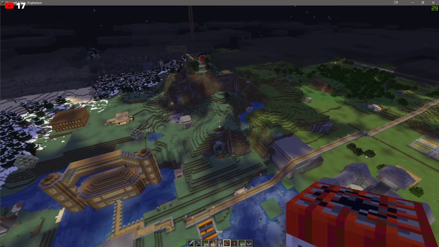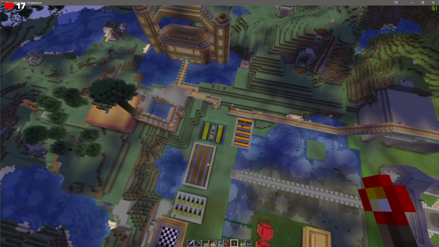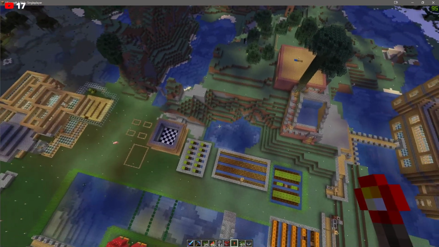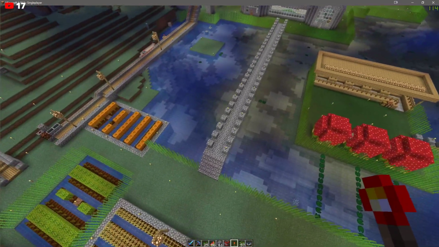Redstone. Yeah, Redstone, dude. Back then when I was a kid, I didn't understand Redstone at all. But I finally understand it now. In the past 2 years, I finally started understanding Redstone a lot more.